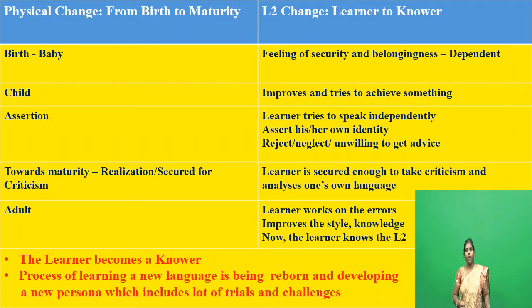When we are in our teenage years, we mostly reject or are unwilling to get advice from people. It is the same way in the classroom also. The teacher may give the advice, the teacher may correct the errors, but the learners may not be in a position of accepting it. Okay, and the fourth stage is towards maturity. See, as we grow, at first we are too much dependent, and as we are growing, we try to blabber something, and then we will say that what I am telling only is correct.